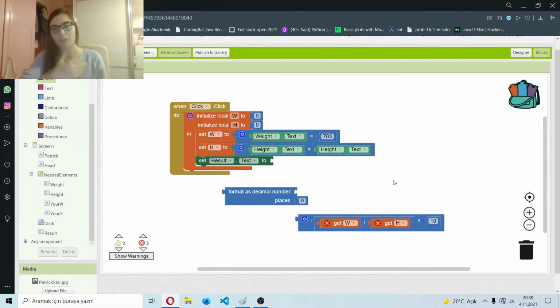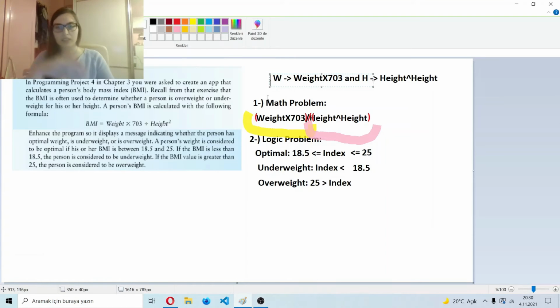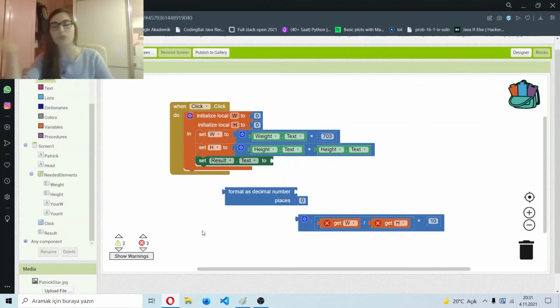Actually, I made up this multiplied by 10 for my mind because in here I create our function with red parentheses again to follow the rule of mathematical precedence. I actually don't know, maybe we need to divide 703 into the 8 square, then we need to multiply it with weight. But I think we should multiply it with weight after we divide it by 8 square. So it probably creates a round mistake. I just want to prevent any kind of mistakes. I multiplied it with 10